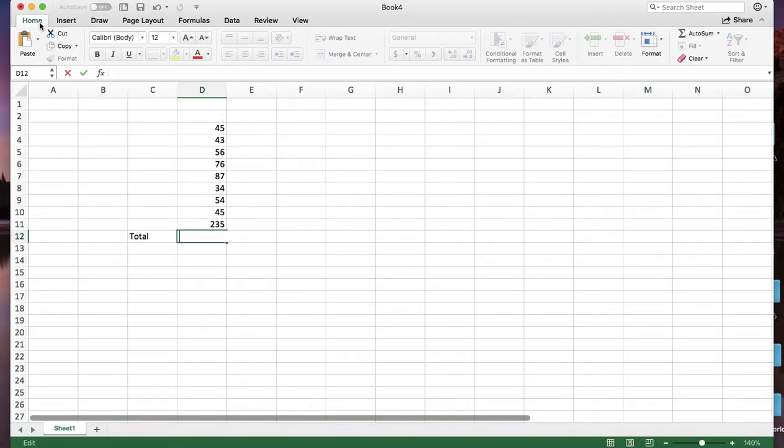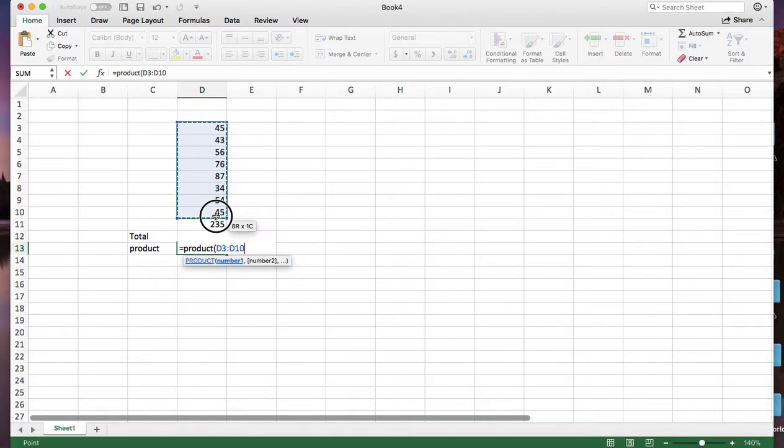Directly, be sure that you are in the Home tab, then go to AutoSum. It will give you the exact same formula as we typed before, and hit the enter key, the same result. And if you want to find out the product, it means you want to multiply all these values and get the result. To get that, type equals PRODUCT, bracket start, and from here to here,